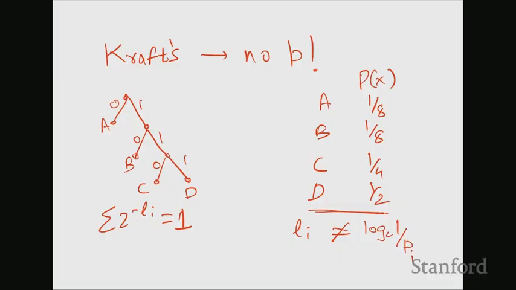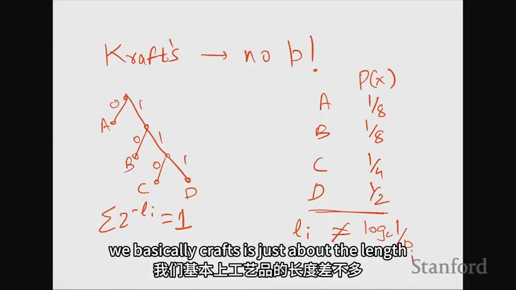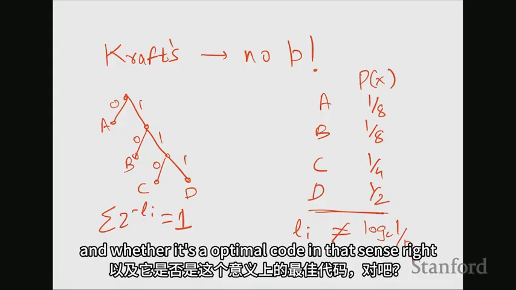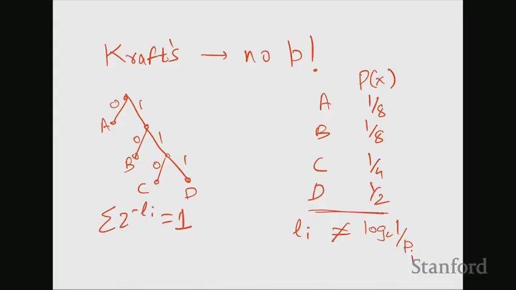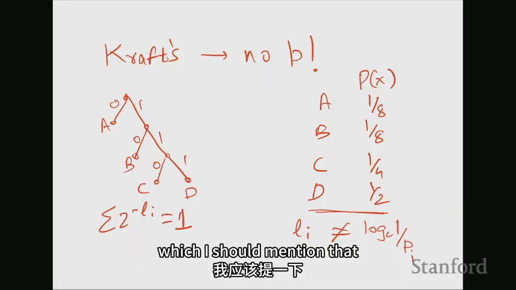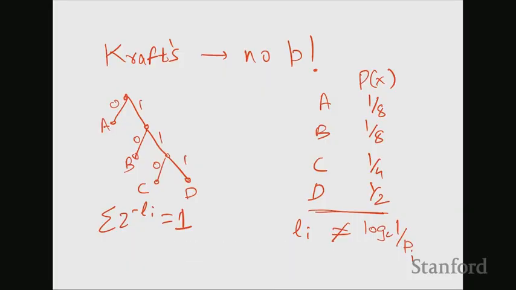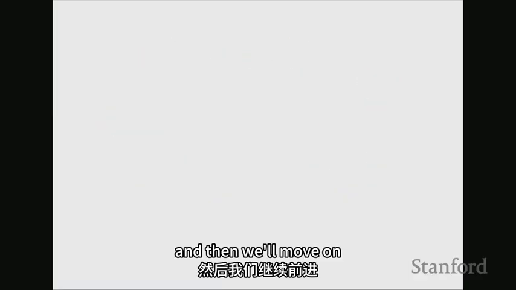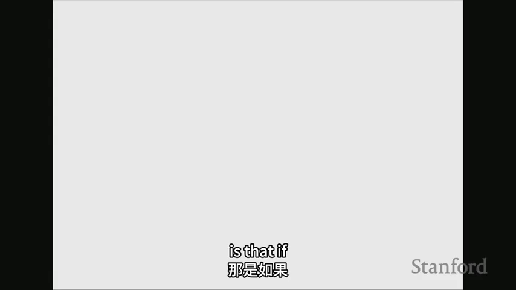Yeah, that makes a lot of sense. Basically, Kraft's is just about the lengths and whether it's an optimal code in that sense. However, I think there is the opposite side, which I should mention, and then we'll move on. Is that if